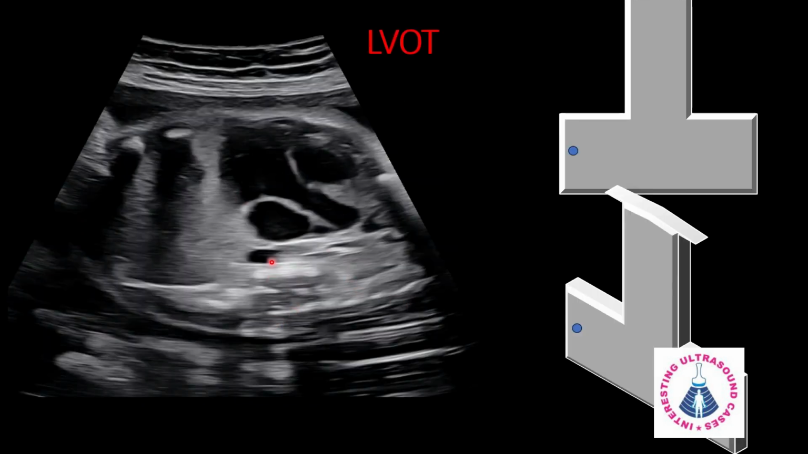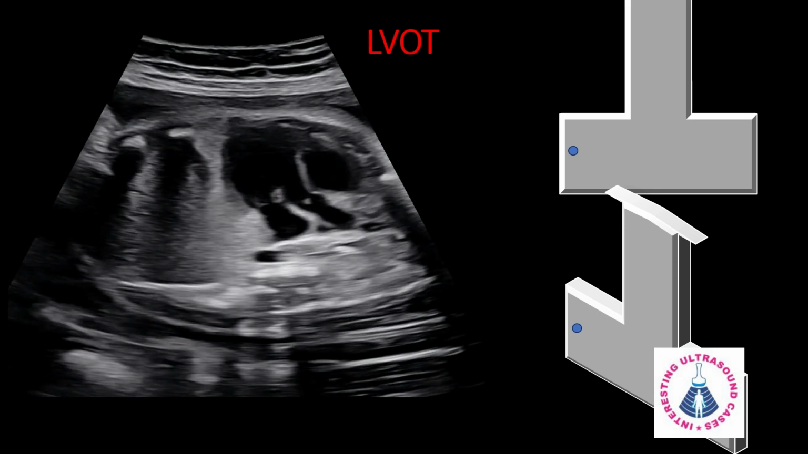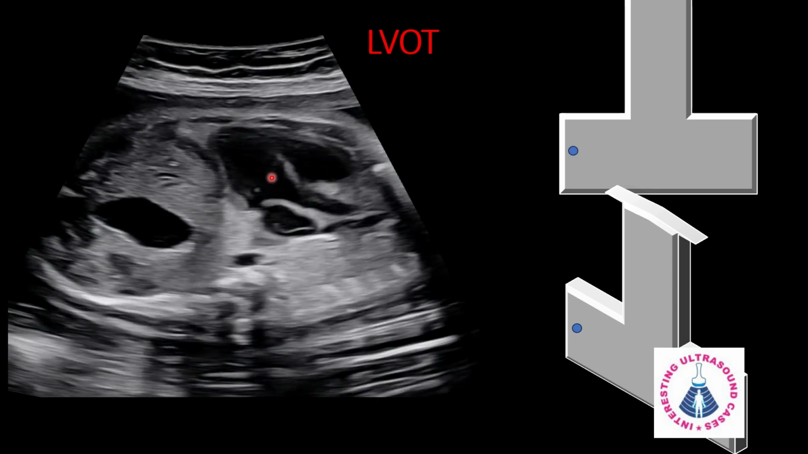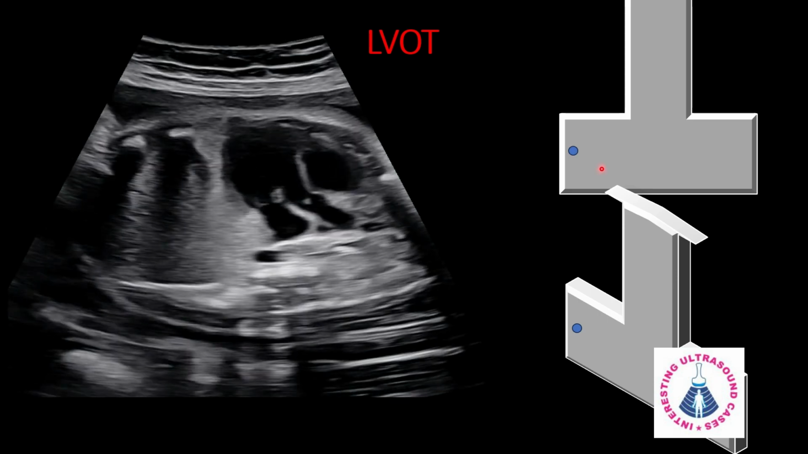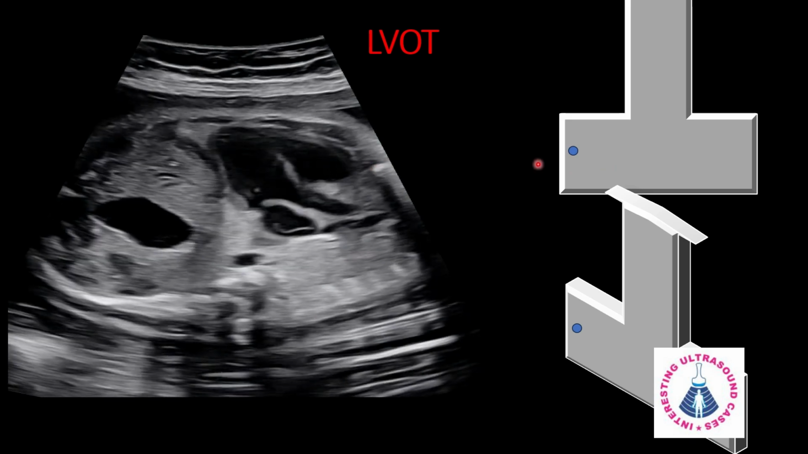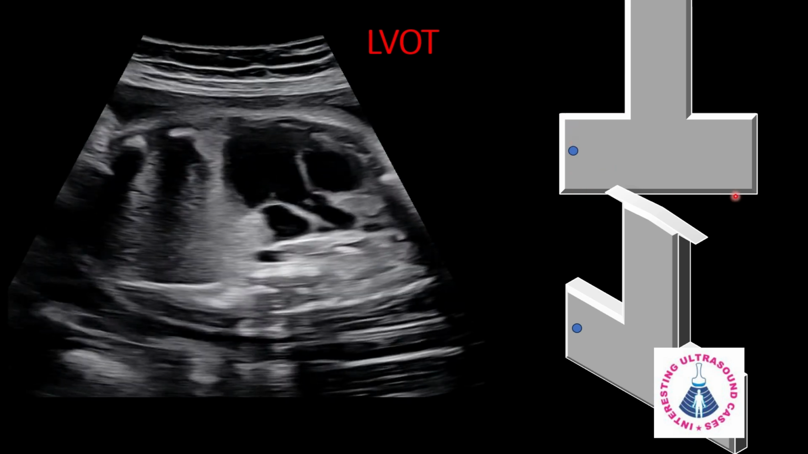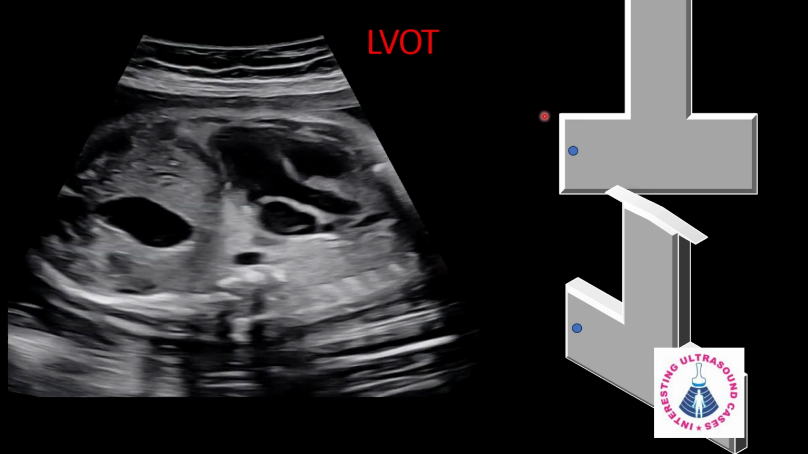Next is the LVOT, that is left ventricular outflow tract. In this view, we can see the left ventricle is continuous with the aorta. How do we get this view is, if we are keeping the probe like this and we are getting the